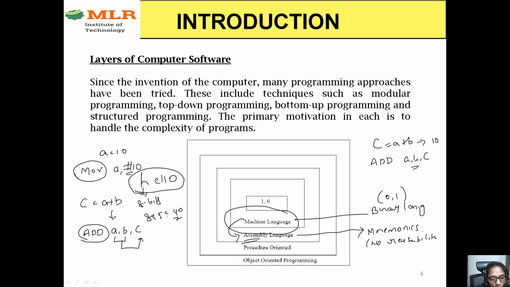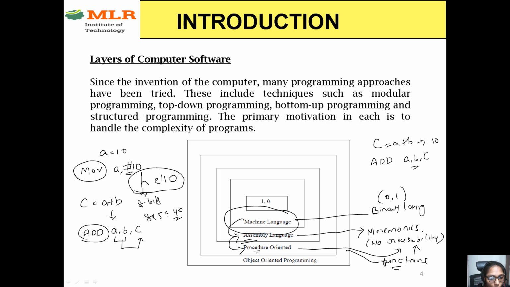To overcome this problem, they came with a new language called procedural programming. Here the main focus is on reusability. In procedural programming, everything will be in the form of functions. We know the best example for procedural is C programming. In every C program we will write a main function, right? If you want to extend your program, then you can divide your main function into multiple functions, but everything we will write in the form of functions only. The main aim of a function is to achieve reusability. That is the main use of functions here.